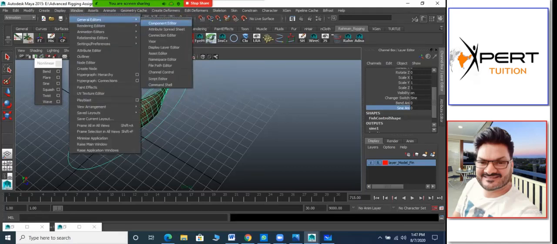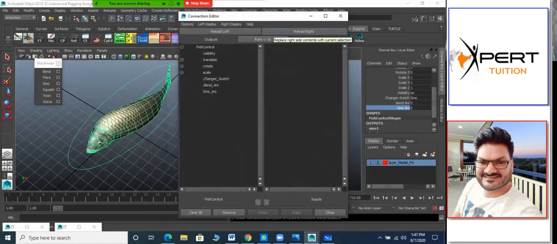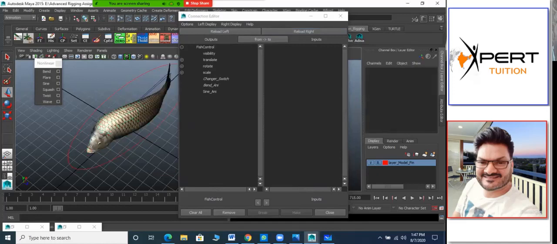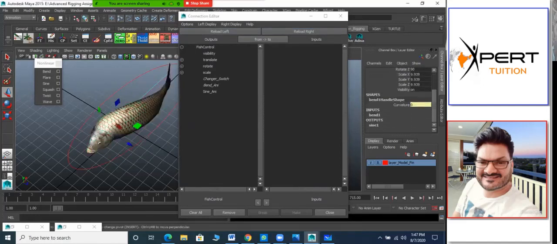Last year we used all these tools, so you just remember. Here also, the left side is called driver and the right side is called driven, unless you change the setting. I'd suggest you don't change it, so it will always be easier to remember. On the left side, what we load is the driver. So I'll select the curve as the driver. On the right side, we need to load the driven. So again, we have to select the deformer. Here I click the sign deformer, because the sign part we need to connect.